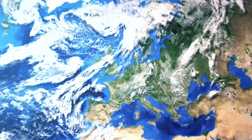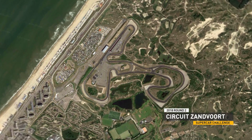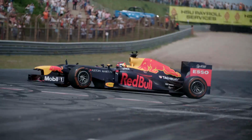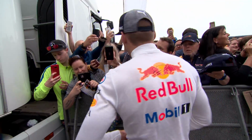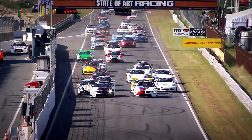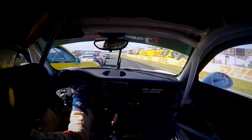Welcome to the Supercar Challenge powered by Hankook, and welcome to the circuit of Zandvoort on the Dutch North Sea coast for the biggest motorsporting weekend of the year. The Jumbo Race Days driven by Max Verstappen. Over the course of 3 days, almost 100,000 fans came to see Max Verstappen, Daniel Ricciardo and former Red Bull ace David Coulthard. The place was absolutely heaving and the fans were treated to some top-class motorsport from loads of